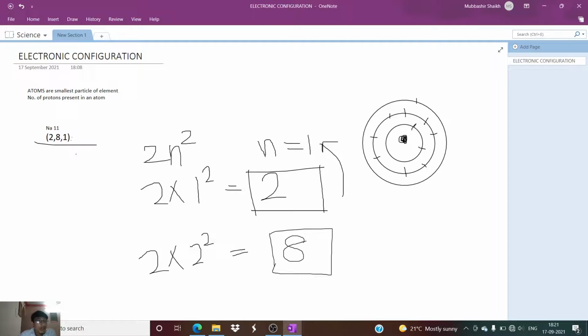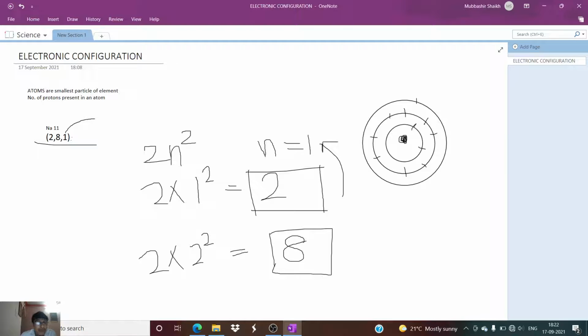Now, as 11 is the atomic number and 2, 8, 1 is the electronic configuration, okay, this gives us a lot of information about the atom or the element. By studying the electronic configuration, we can identify the atomic number, we can get the number of electrons and protons present in that atom, okay. We can get the valency of that element. So the number of electrons present in the last shell is called the valency of the atom or valency of the element, okay. So the valency of sodium is 1, okay.